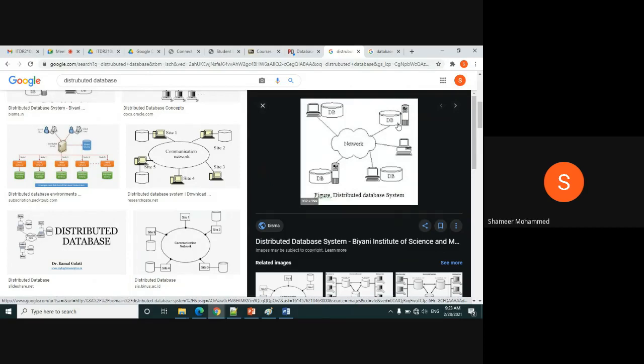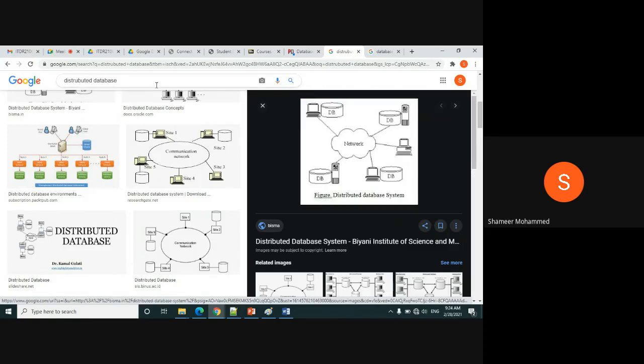See, College Sur, College Sohar, College Nizwa, College Salala, etc. Every computer, every server will have its own database. This is distributed. Some data you are storing in Muscat, some in Sohar, some in Sur, some in Salala, but you are accessing through the internet.